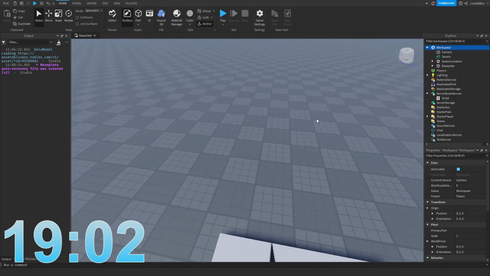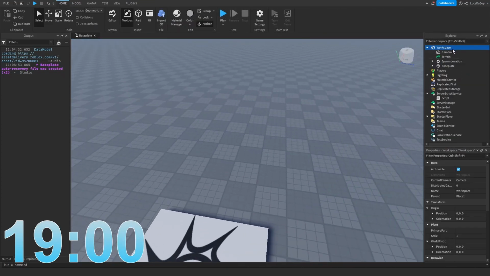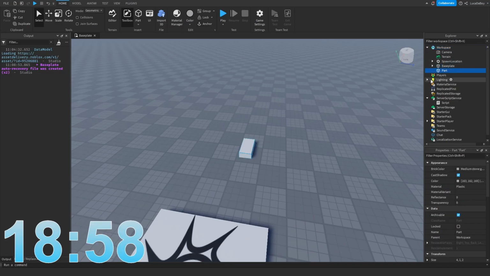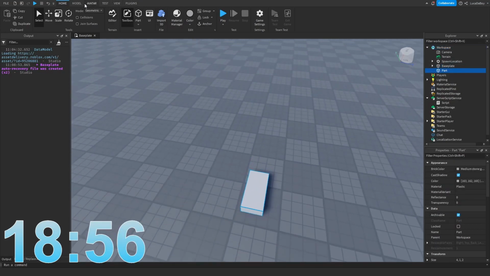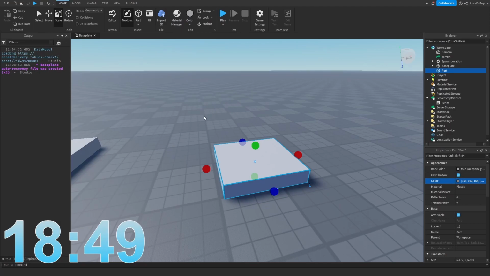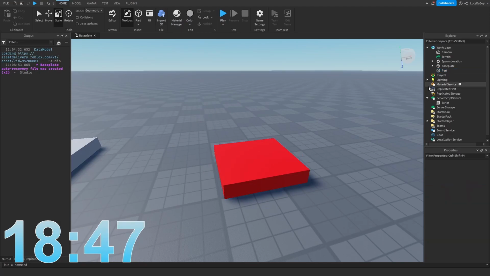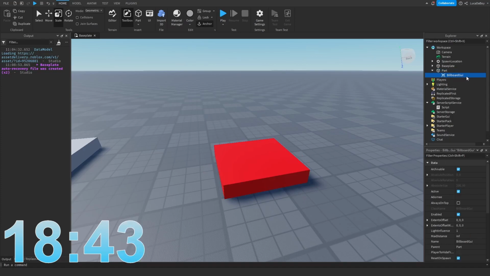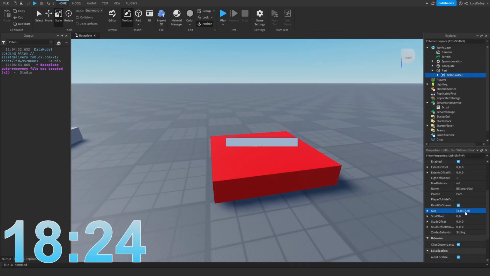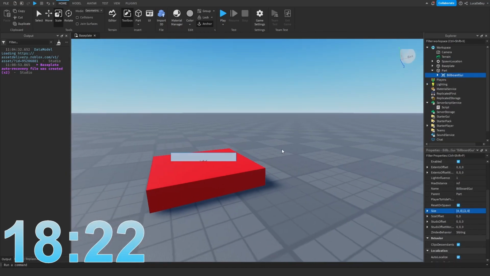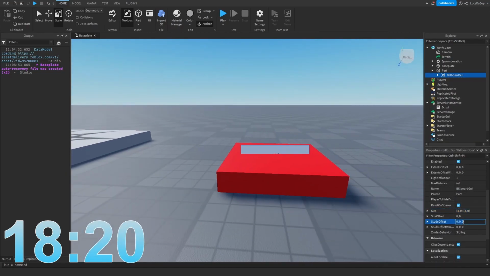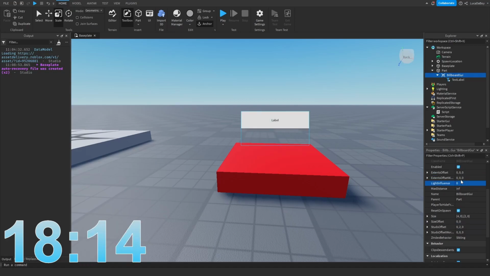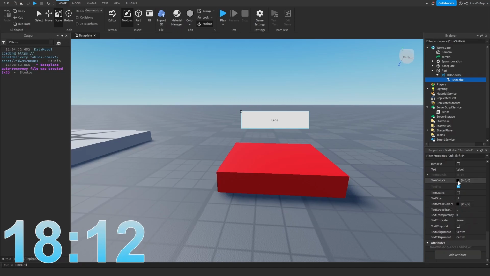Now I need to make a button model. So we're just gonna use a squared button like this. So this is our button. Let me make the price work real quick. So this will work like a click button, except you have to stand on it. Okay, so this is like